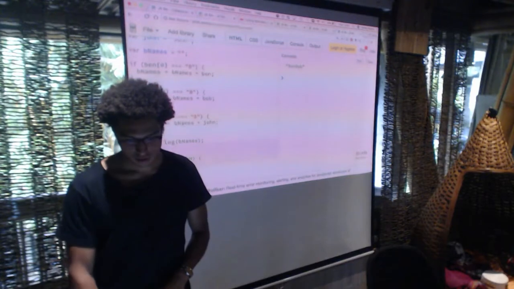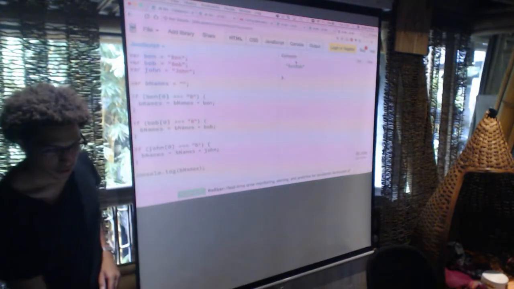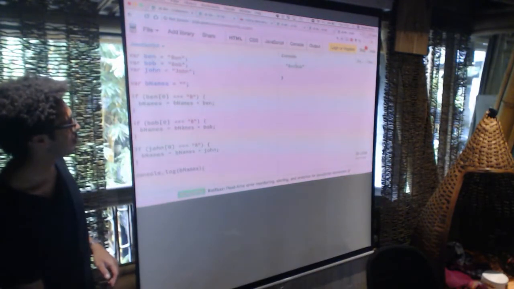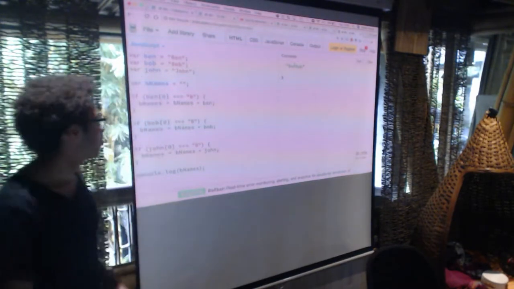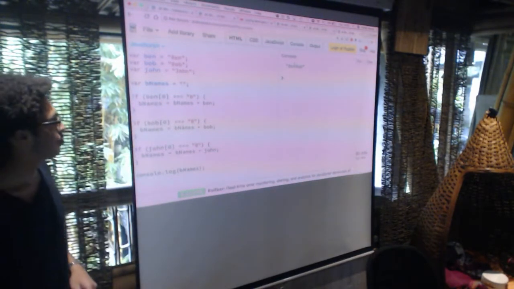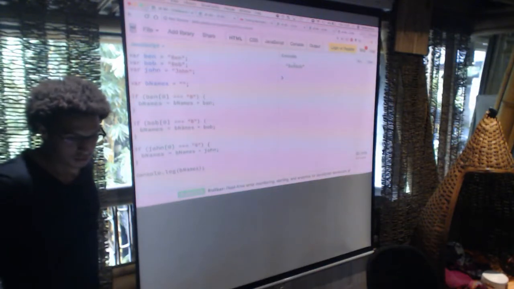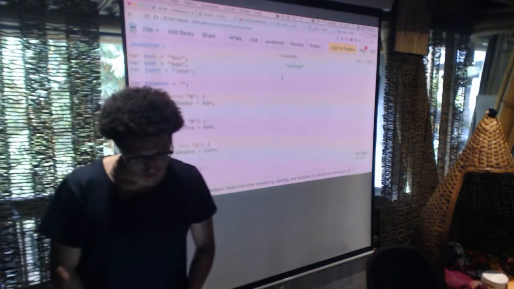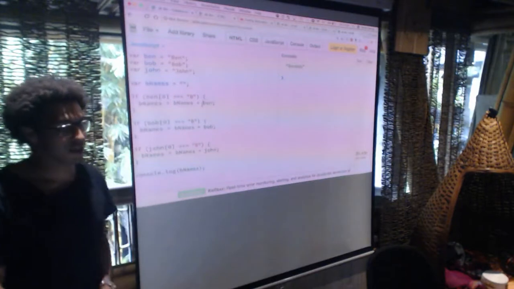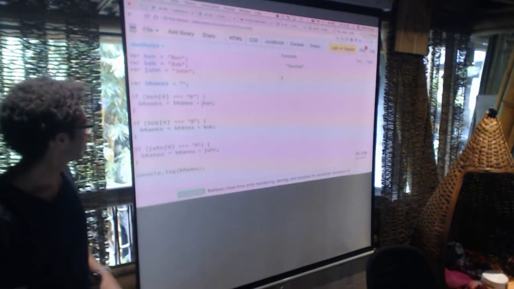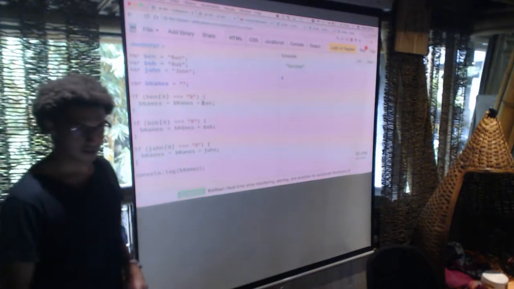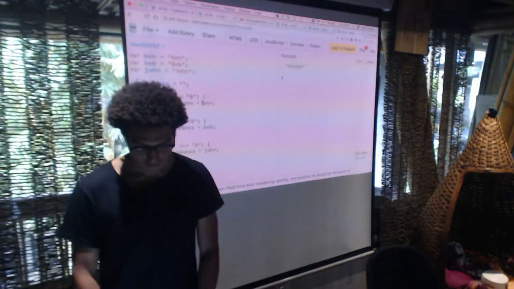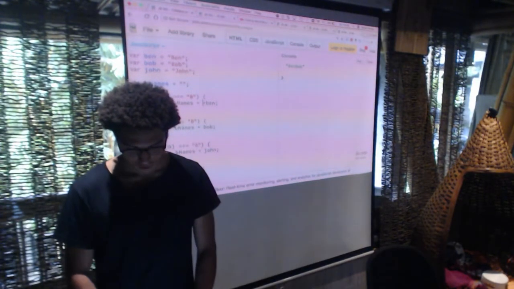But it's not totally right yet. So how do we get a space in between these two values? We already checked this, right? Yeah. Can we just add a string with empty space? Yeah. So we can do